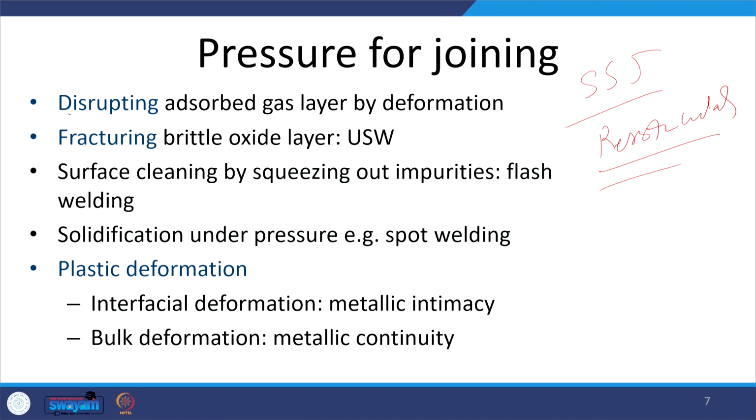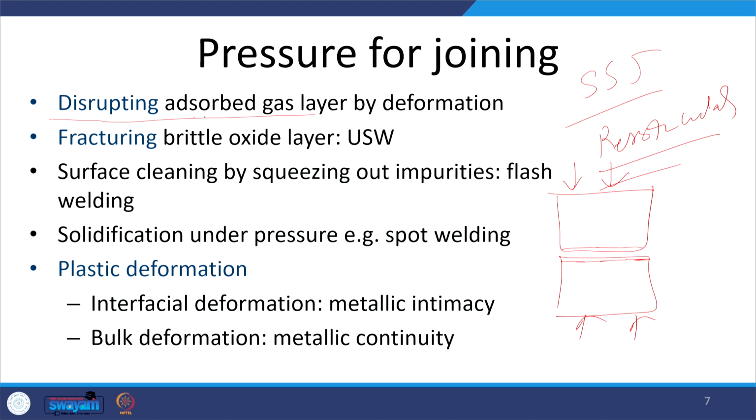Here it helps in disrupting the absorbed gases. Say this is one component and this is another component. The two components can be rubbed, or kept under pressure, and since all surfaces will have some kind of absorbed gases, some kind of compounds formed at the surface,